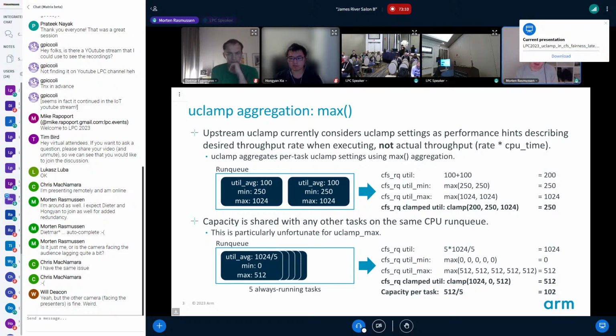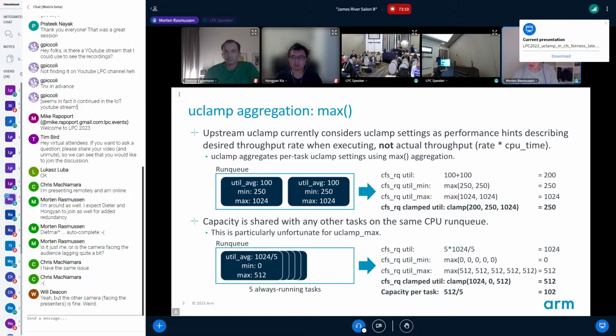The compute capacity in uClamp is shared with all other tasks on the run queue, and that's particularly unfortunate for uClamp max, because the existing implementation allows uClamp to place as many tasks as it wants on the same CPU.